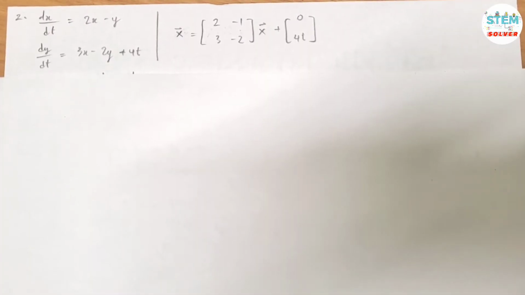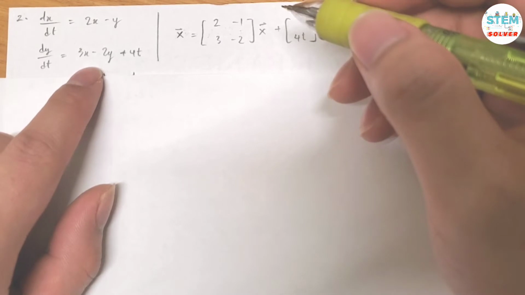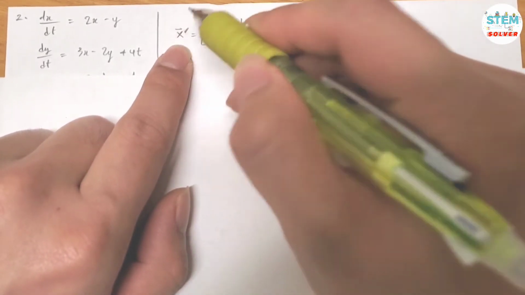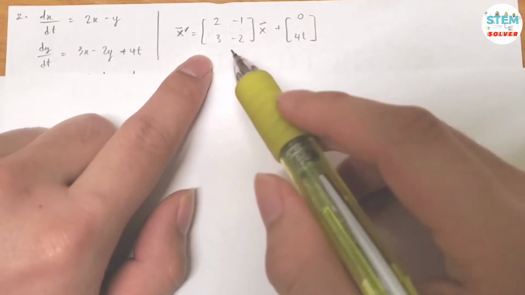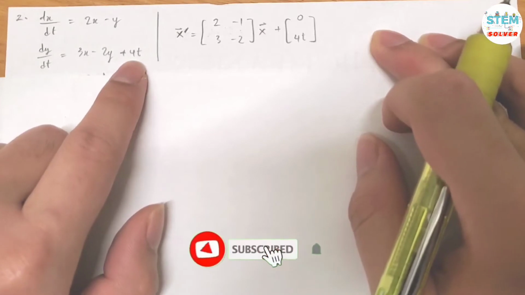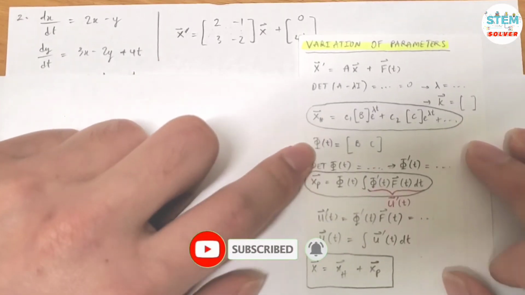Use variation of parameters to solve the given system. So you are given this system, and first you need to rewrite it, you need to put it into vector form, x prime, which is this. Okay, so to use, because this is a non-homogeneous system,